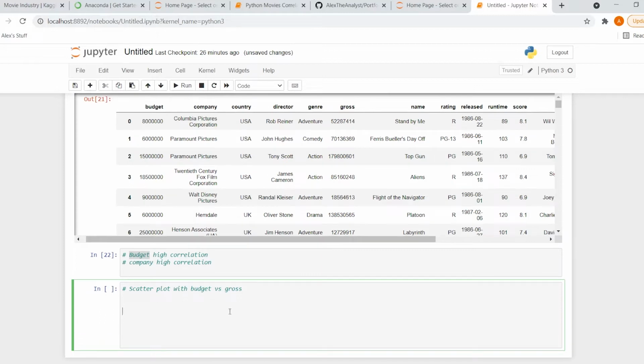We are going to say plt, so this is our matplotlib, plt.scatter, and that's going to be our scatter plot that we were just talking about. And we're going to say x equals, and what data are we going to be looking at? So this is on the x-axis. So we're going to say x equals data frame, and this is going to be our budget. So we're going to do a bracket,